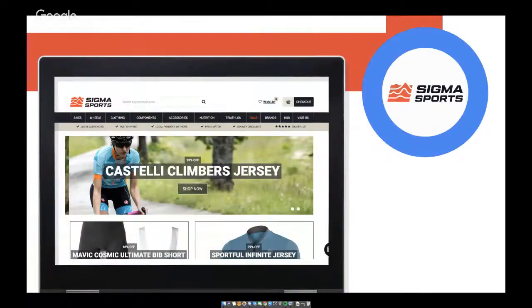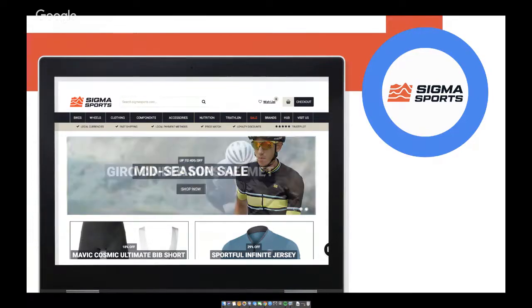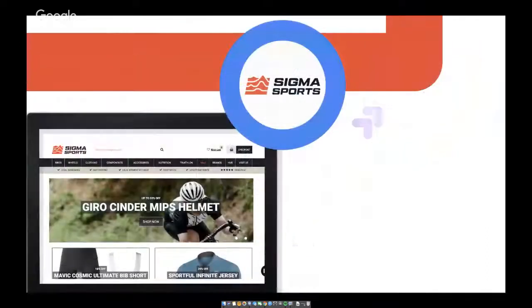Another example is Sigma Sports. As the name says, they sell sports gear, and they ran an A/B test in which they took the old website, a normal website, and compared it with the new website, which was personalized and showed different images, actions and deals on the homepage based on the previous purchasing history of each user. Here you can see some examples of the different pictures they A/B tested.